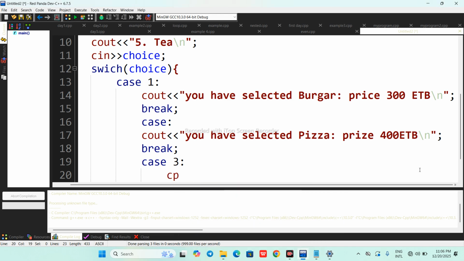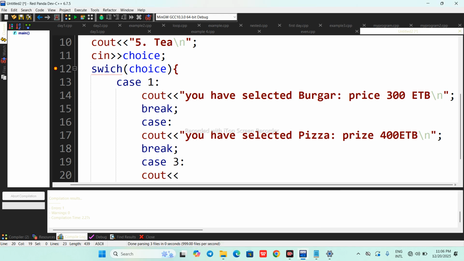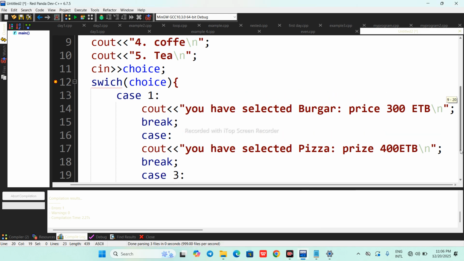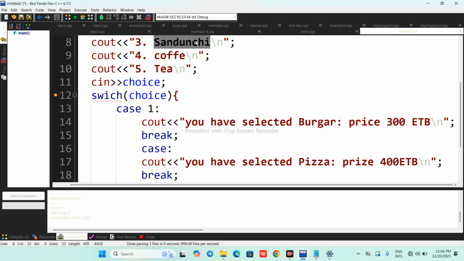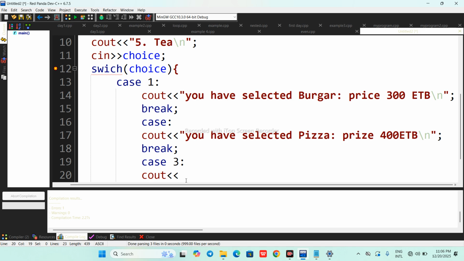So case 3 means cout if the user selects number 3, that will be for sandwiches. So cout, "You have selected sandwich.